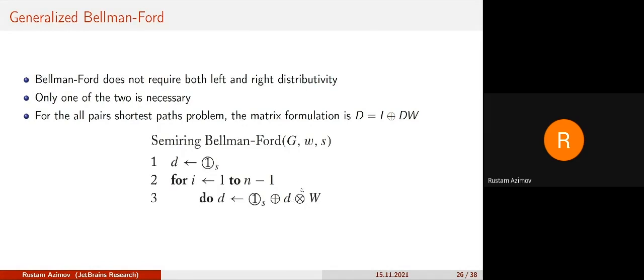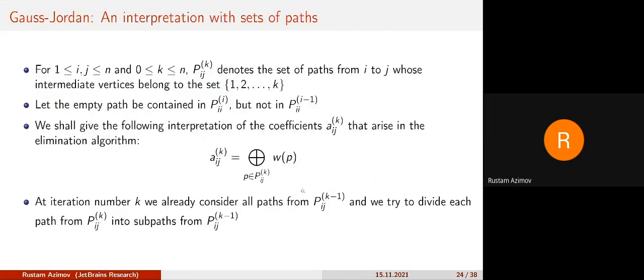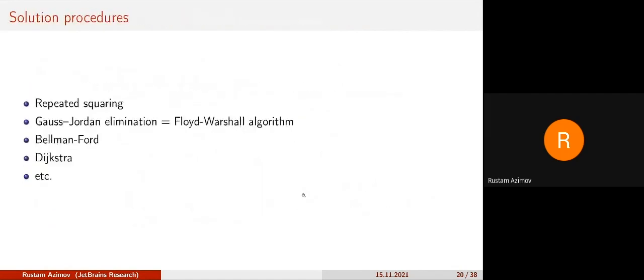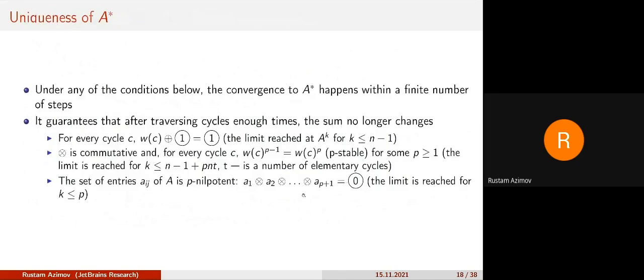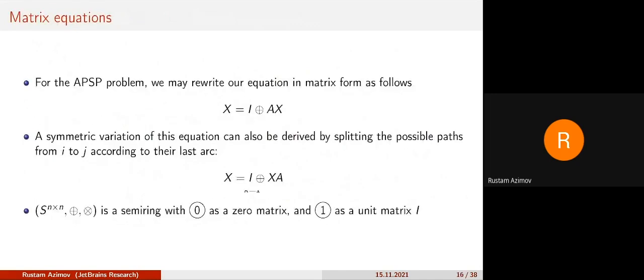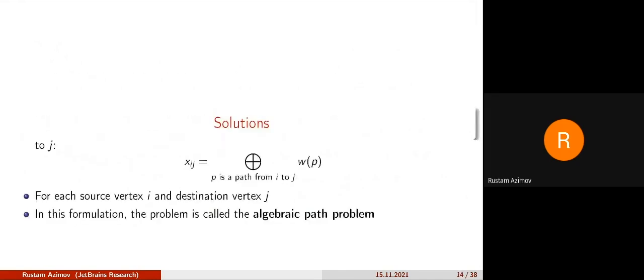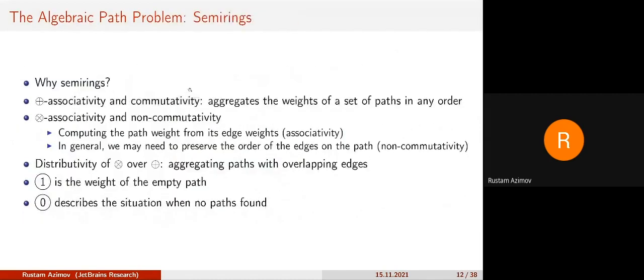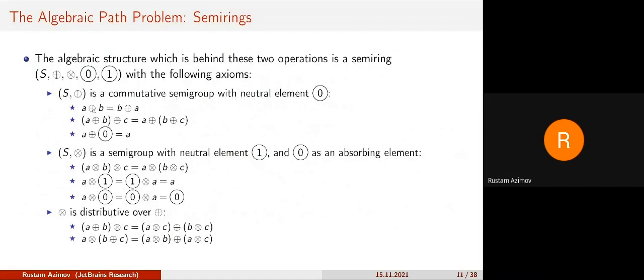For example, for defining the semiring, we must define the plus and multiplication operations, and in GraphBLAS it is just two arbitrary, almost arbitrary functions, operators,